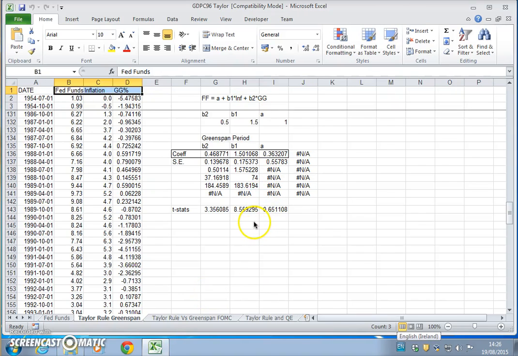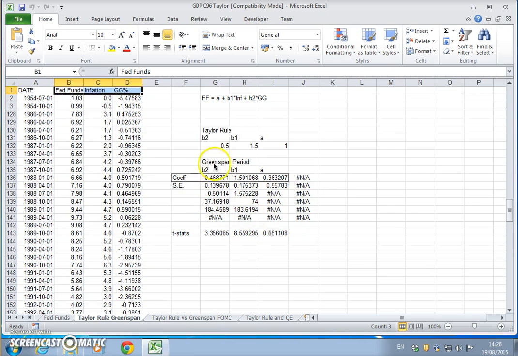Previously, we estimated a reaction function for the Greenspan period, or approximately the Greenspan period, from Orphanides. We noted that the conventional Taylor rule, as set out by Taylor in 1993, can be summarized as a reaction function where the constant was 1, the coefficient on inflation, B1, would be 1.5, and the coefficient on the output gap, or in this instance growth gap,